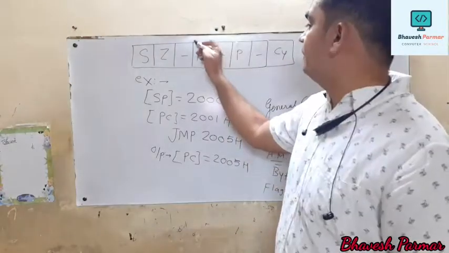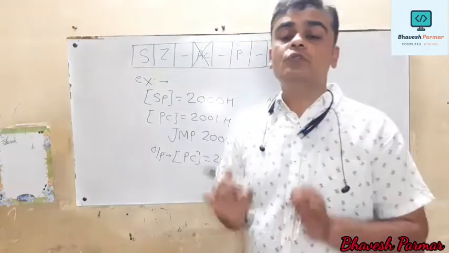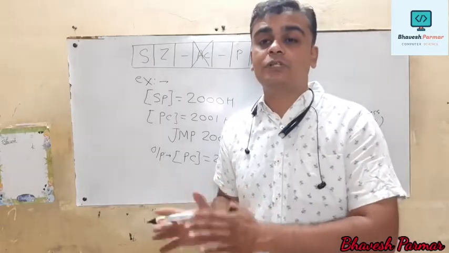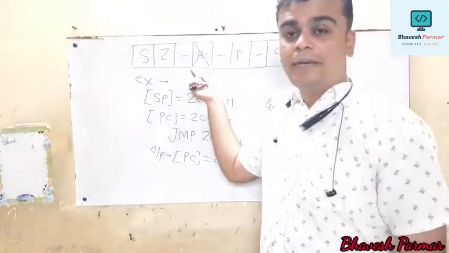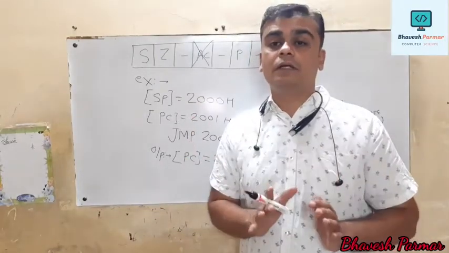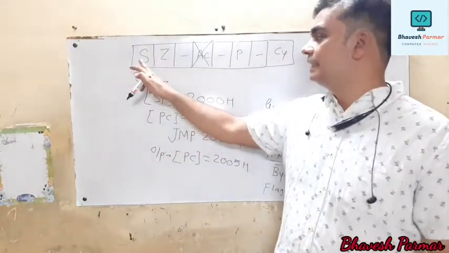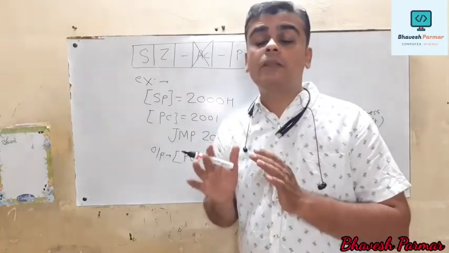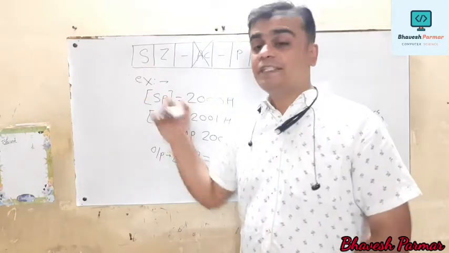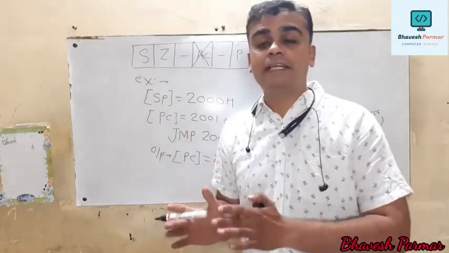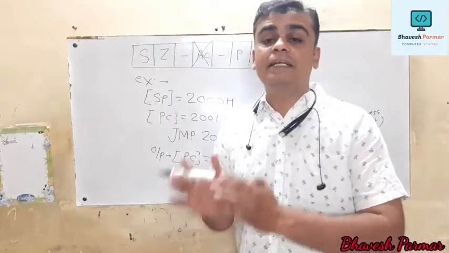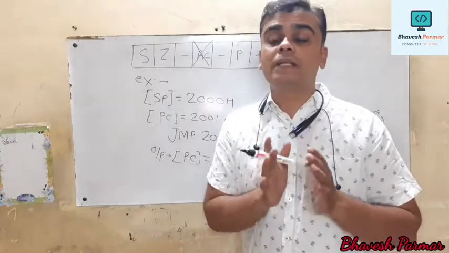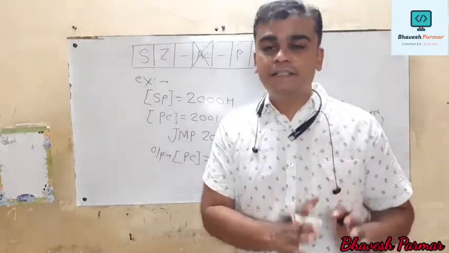But out of these, the AC flag is used by the microprocessor for internal purposes, only during execution of a program. So it is used by the microprocessor and not available to us. So we have only 4 flags left: the S flag, Z flag, P flag and CY flag. We have to check all the possibilities. When the S flag is equal to 1, what happens? When the S flag is equal to 0, what happens? Similarly, when Z is equal to 1 and Z is equal to 0, we have to write down all the possible conditions related to conditional jump instructions.